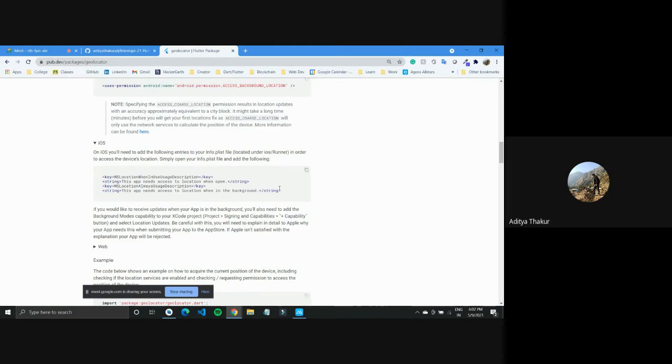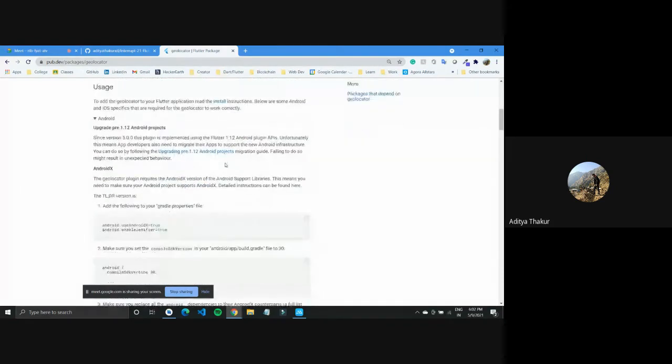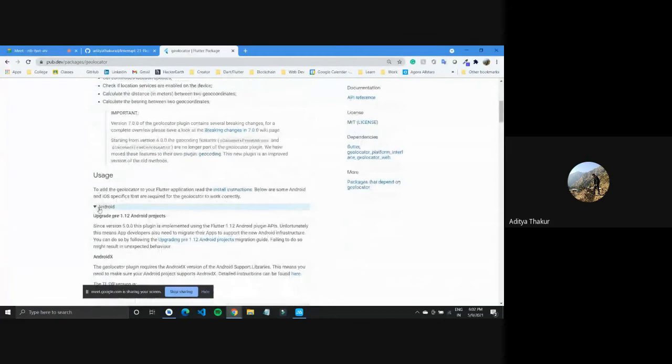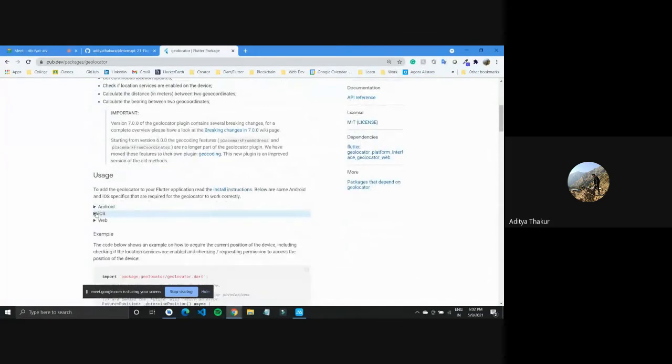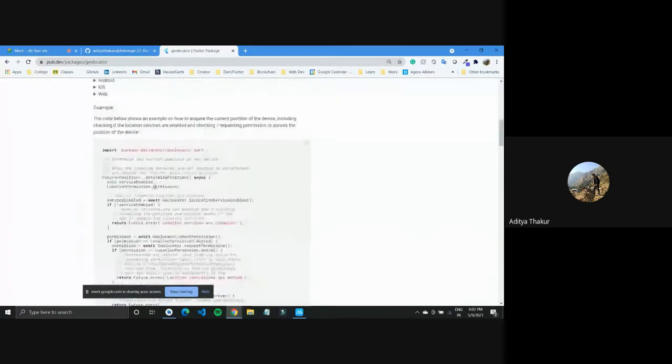If you do not know what command is there to get the location, we'll get started by tapping into the position property and get the location of the device. So I'll go over to this geolocator package itself. It has all these properties that we can tap into after installing is done. I'll close this Android, I'll close this iOS. Then it has this example right here, and it also tells us how to use it.